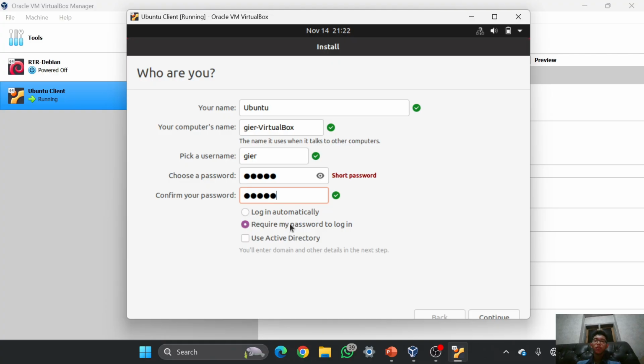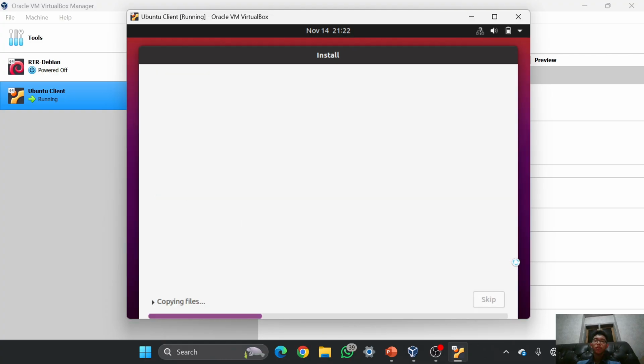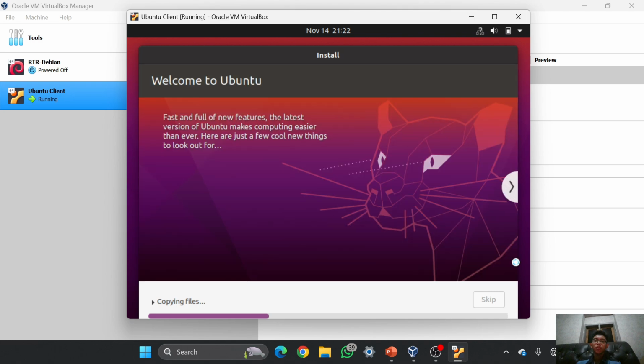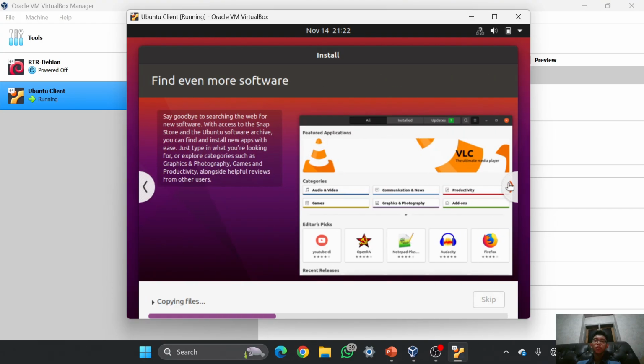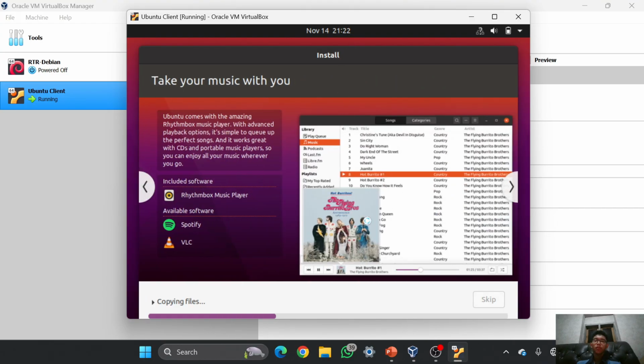And then I will require my password to log in, and I can just continue. And in here it will do the installation process, and I think I can skip it because it will take so much time again.